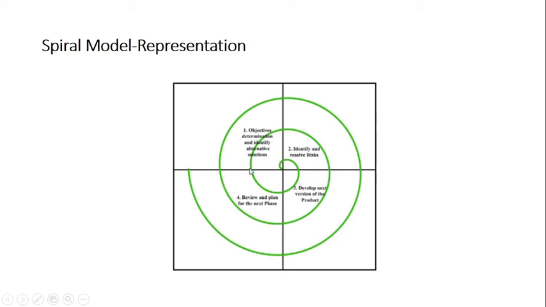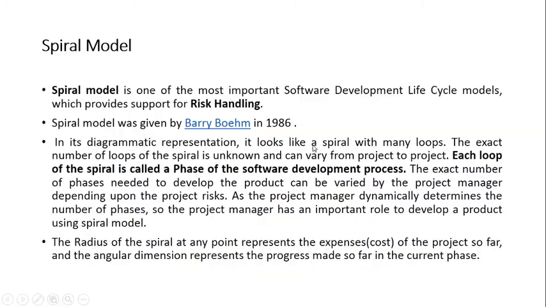But it is said that the number of spirals or the loops are not fixed, because if you give it to the customer and he is not satisfied with the current iteration, you have to modify that iteration. That means the second spiral will also be for the same phase. So you worked on the requirements, the customer feels no more requirements must be there, again you will go for requirement analysis in this. Again the customer is not satisfied, again requirement analysis. The third spiral will be for requirements only. So a phase can take multiple spirals also. That is why we say these spirals are not fixed, depends upon the project.